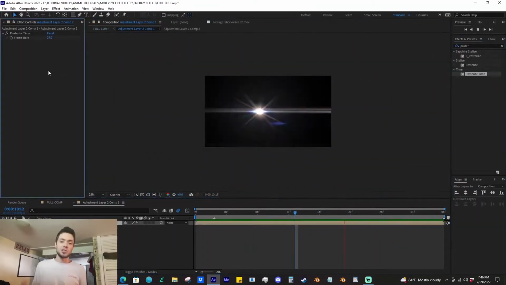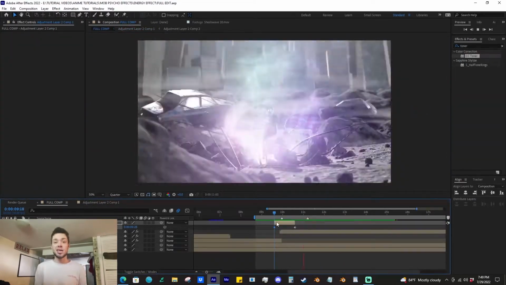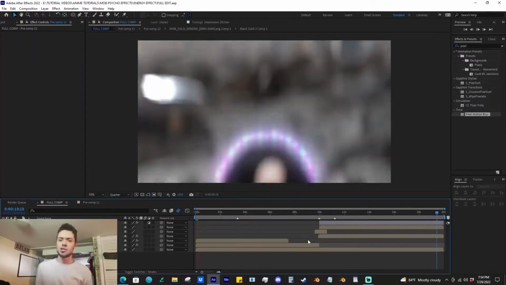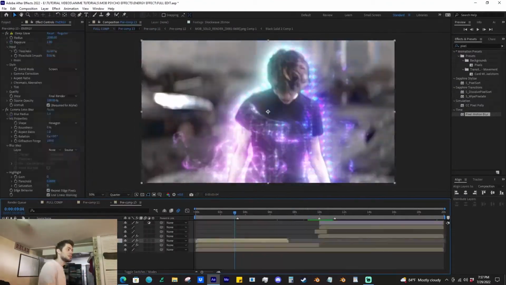Then from there, obviously add your basic color corrections and lens flares and other comp effects that you want to do, lens textures, anything. And now, once you're done with all that, add a little bit of an extra scene, make some Mob Psycho percentage graphics, then add a little bit of sound design and